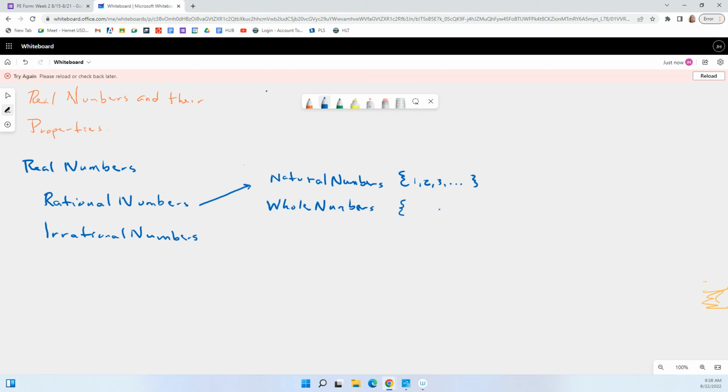Yeah, 0, right? The whole numbers, just like the natural numbers, only instead of starting with the number 1, they start off with